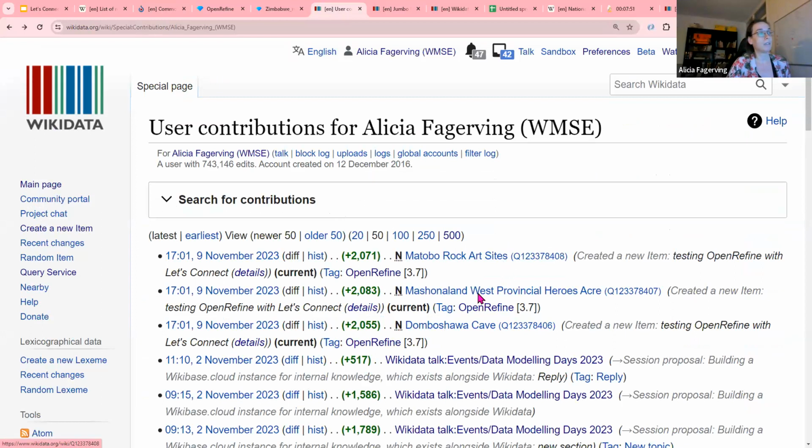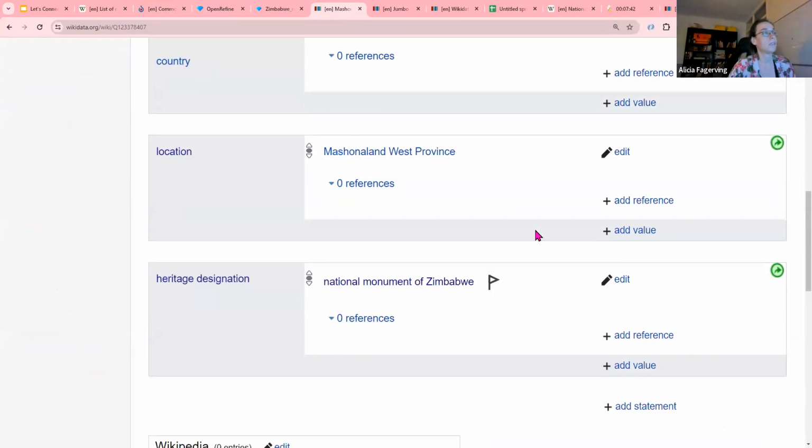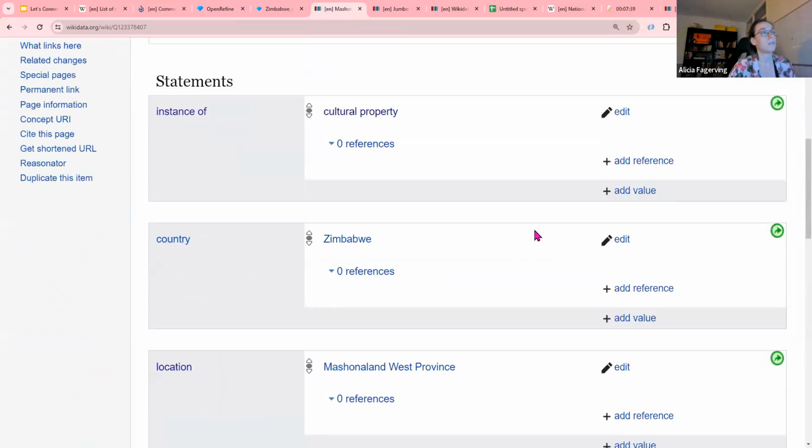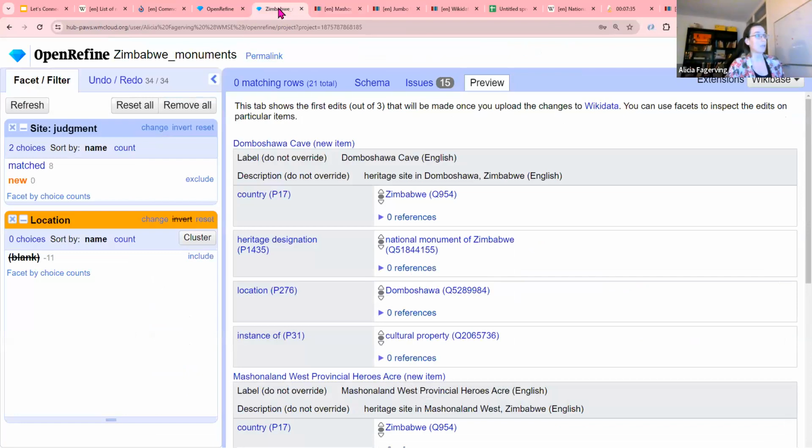And let's look at one of the items that I have created. It has all of the properties I have added. Now I go back to